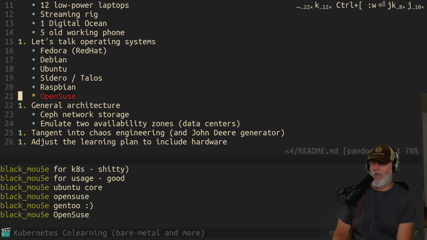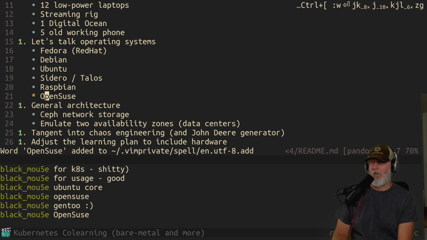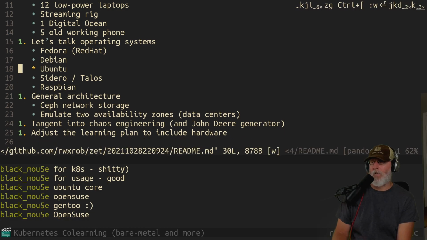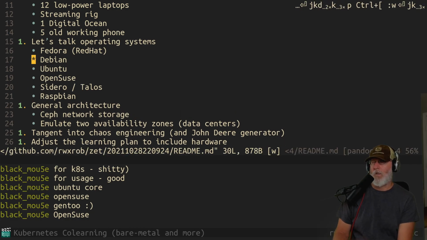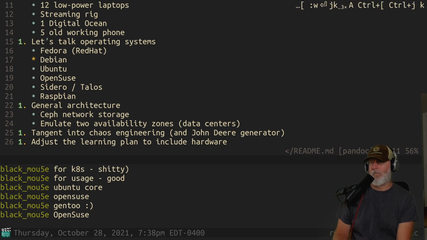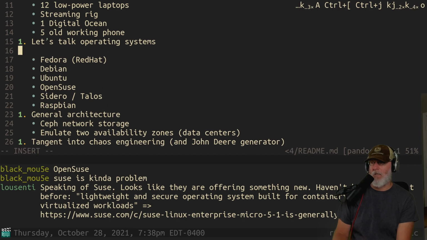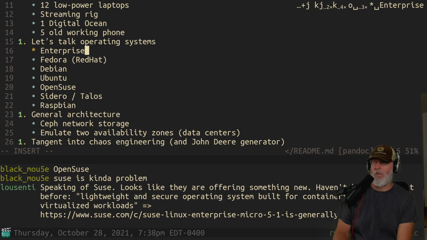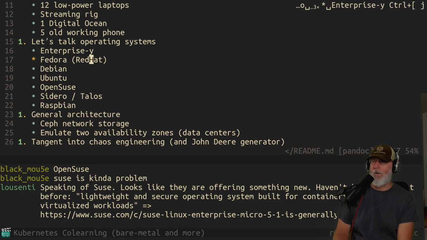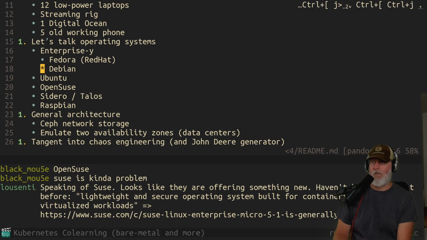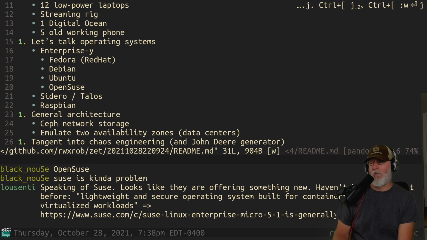Or I could make me an LFS. Yeah. I mean, SUSE is actually, okay, so these are all enterprise, like Enterprise E. How about that? We want Enterprise E stuff because, enterprise. And these are not. So Raspberry Pis are not in the same sense.